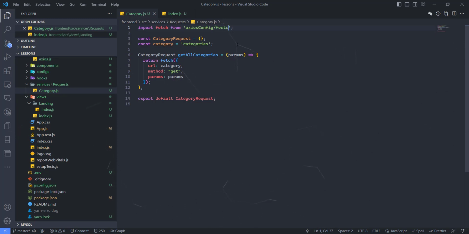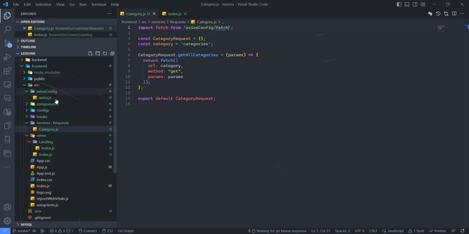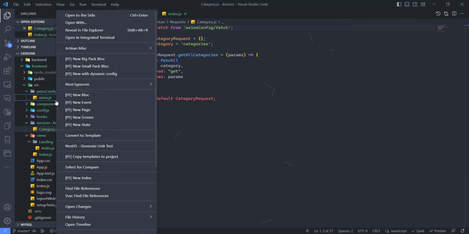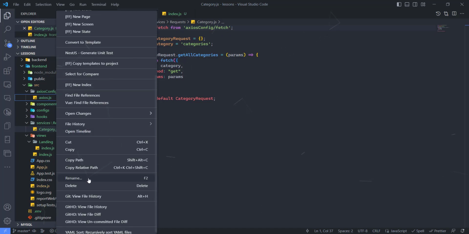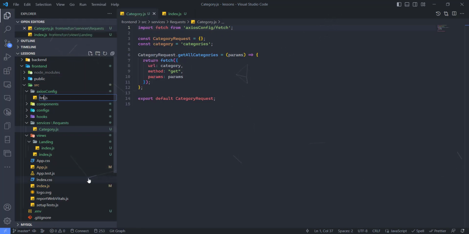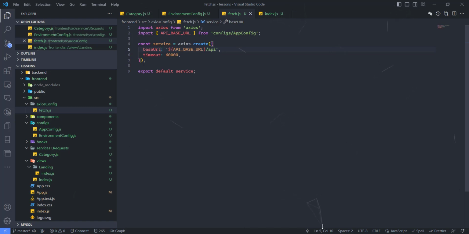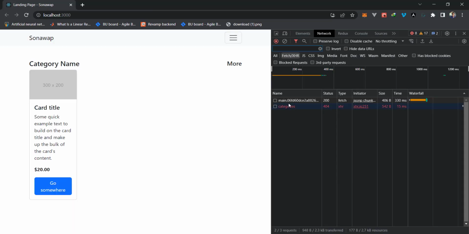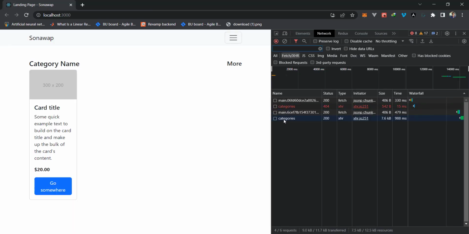The name might actually give us an error. So let's rename this to fetch, because I don't actually see an error from the code. All right then, I think I know why the error is. So this is actually URL with uppercase. So let's just go ahead and try this again. And yeah,